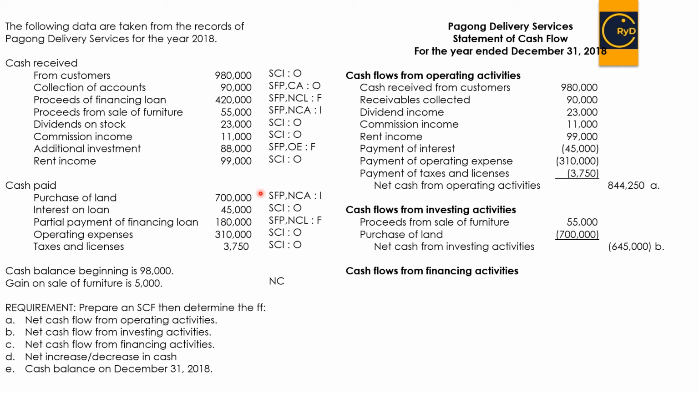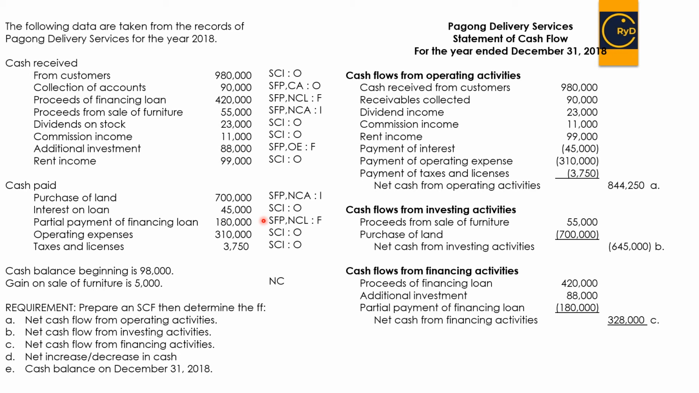So next, we proceed with our cash flows from financing activities. Here we have the proceeds of financing our loan, that's at 420,000. Then we also have the additional investment of the owner at 88,000. Then we also have the partial payment of financing our loan at 180,000. So our net cash from financing activities is